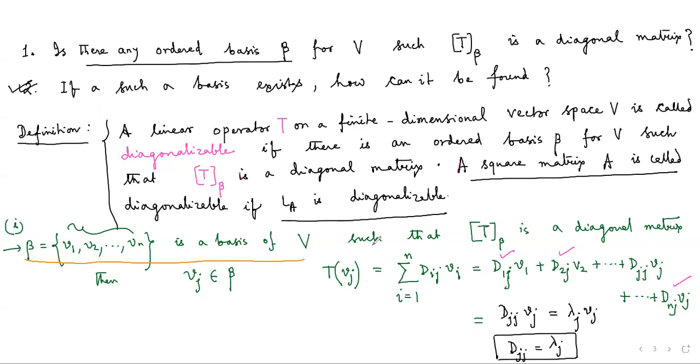Can you explain this part once again? Which part? Sir, T of Vj. So where you explained using the summation. Part one or part two? Summation part is that